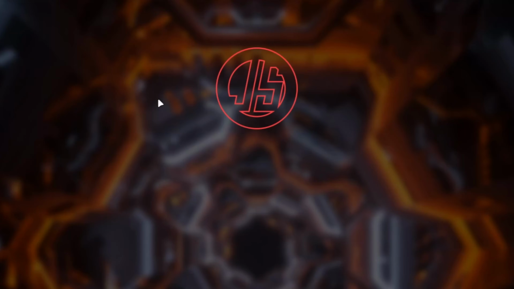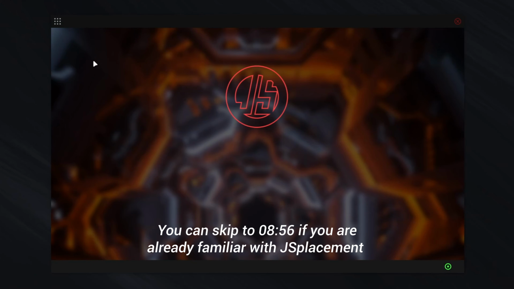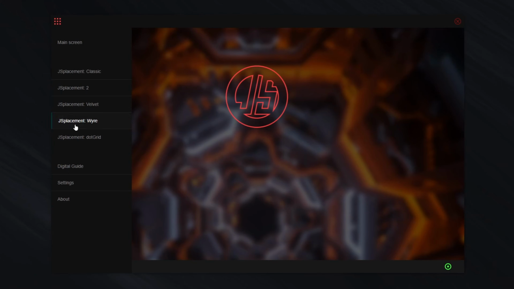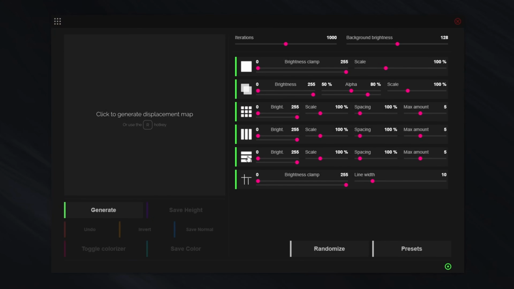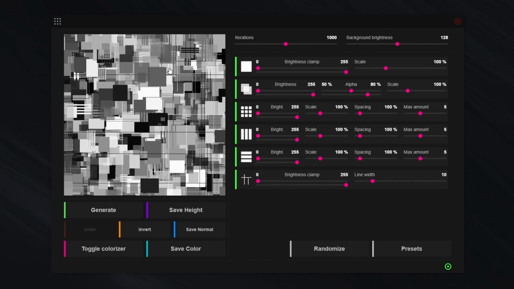It is a quite well-known little software now, but in case you don't know it, here is a quick look at it. Alright, so when you open it, it's just this little software. You can click here and select the version you prefer. So the classic version has quite a lot of different types of elements. You just click or use the hotkey and it will just generate a map with a random pattern with these